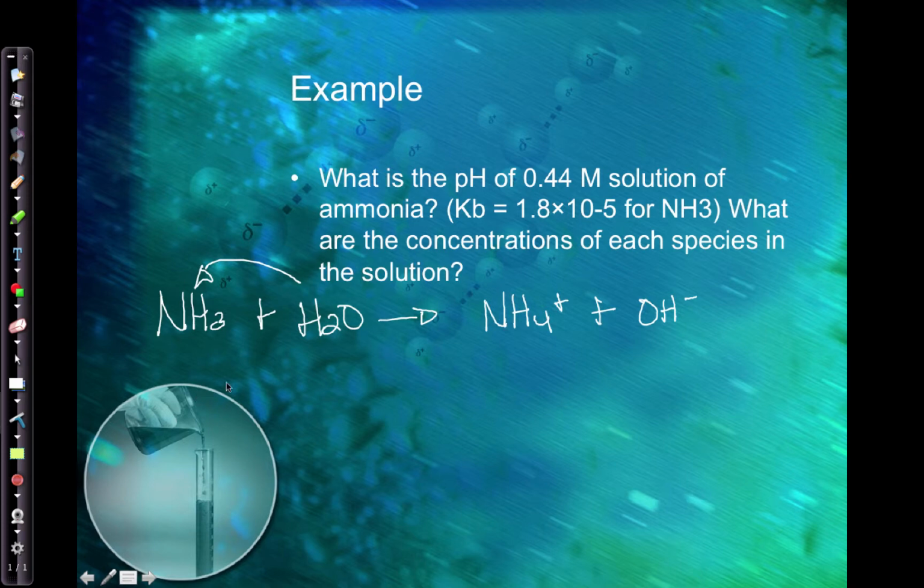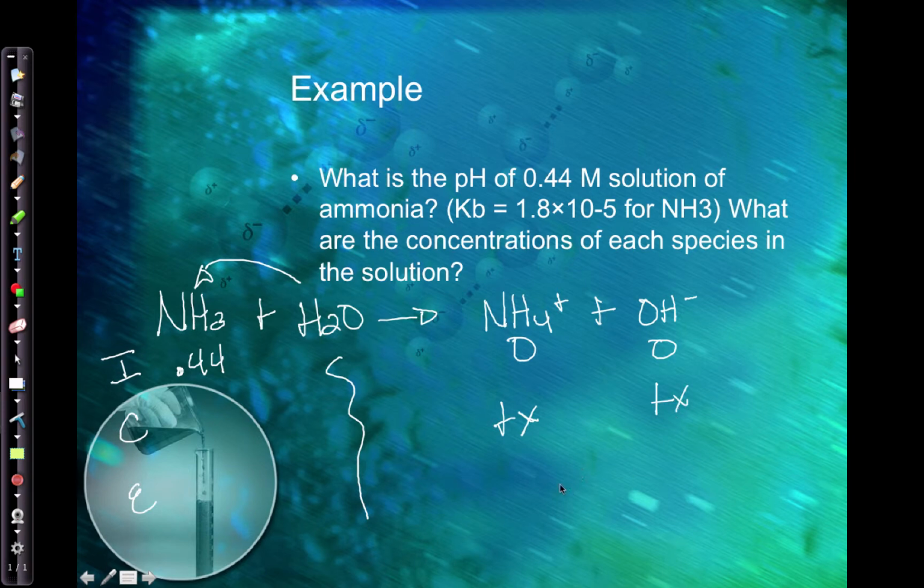So when I do this, let's go ahead and set up an ice table. So the initial concentration of the ammonia is 0.44. 0 for ammonium and hydroxide. Well, we're adding products and subtracting reactants. All right, so now it gives us the Kb value here. So what we're going to do is we're going to find the concentrations of everything, and then we're going to